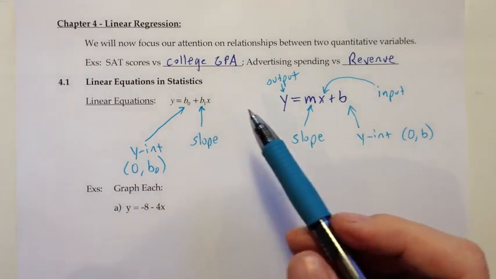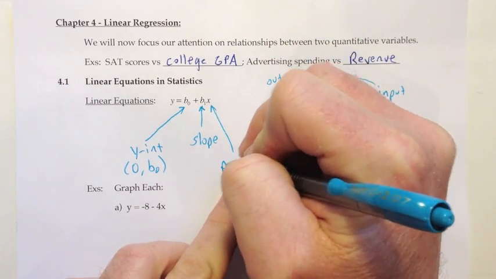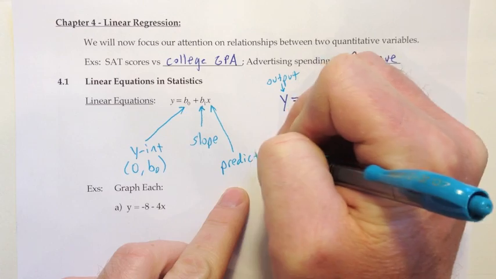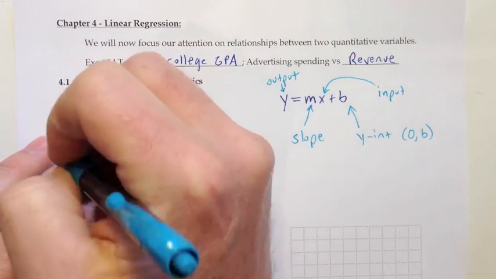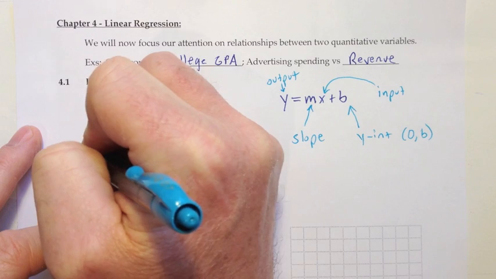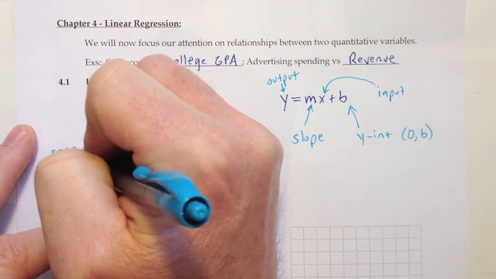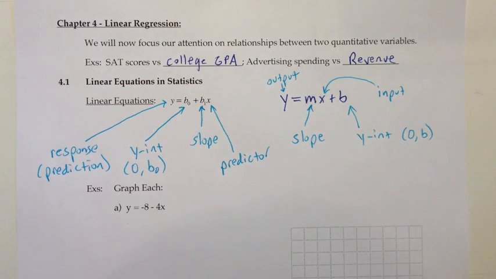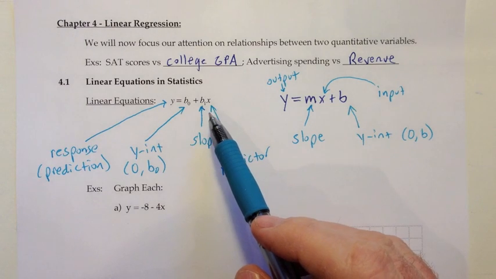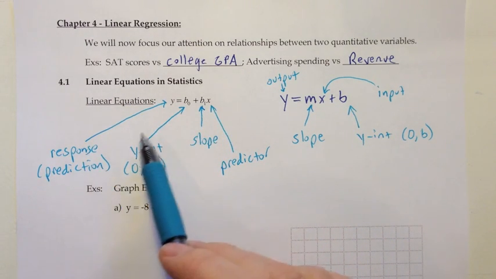So just a quick comment on the difference in the way we write this. X would be considered a predictor, and y is often known as the response, or you could say the prediction. And so when we make an equation of this type in statistics, we're going to use it to make predictions. So we'd plug some predictor in, like maybe SAT score, and the equation would respond with a prediction for the